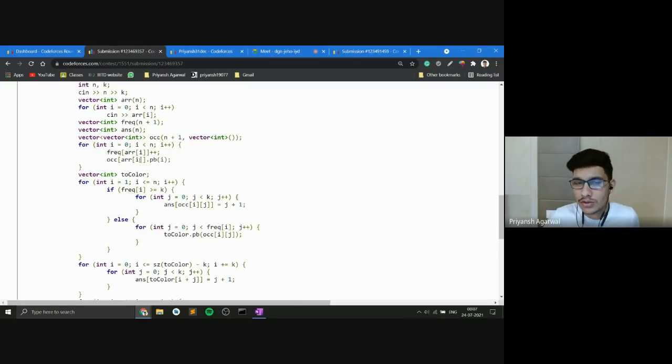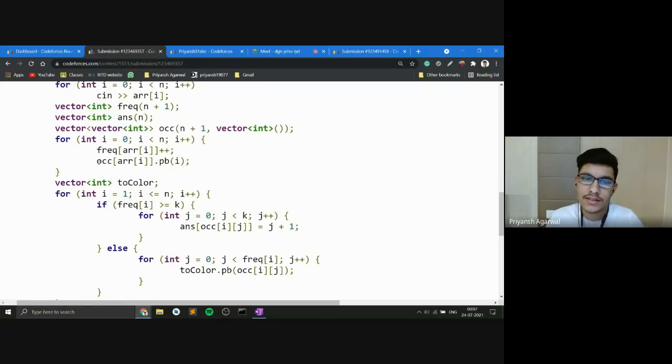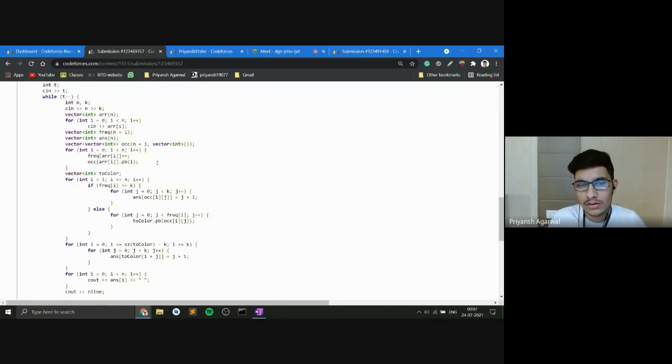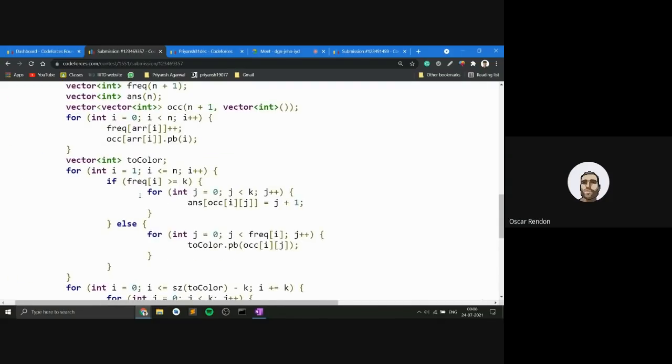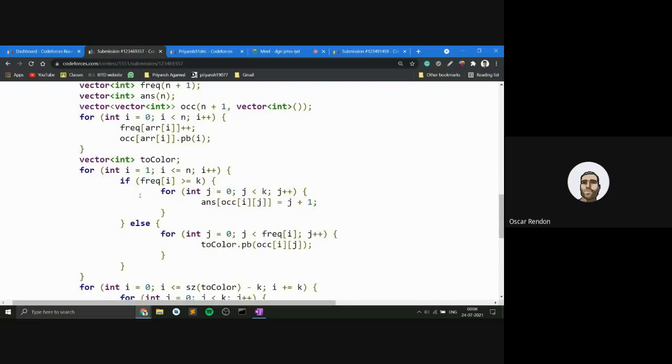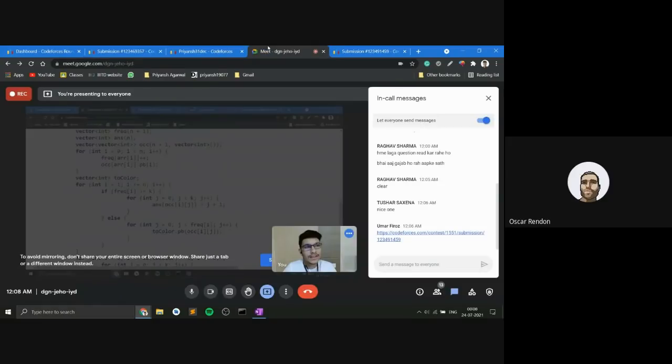Okay, so this OCC matrix is basically telling me that, if I talk about 10, 9, 8, anything, it is just telling me at which all places 10 is occurring. So let's say 10 is occurring on the 0th index, the 1st index, the 9th index, the 11th index. It is just storing that. And this frequency array is just storing how many times one element is occurring. So frequency here is basically the size of the occurrence matrix for that particular element. Okay, one is the counter and the other one is the actual indexes. Oh, right, exactly. Okay, got you.